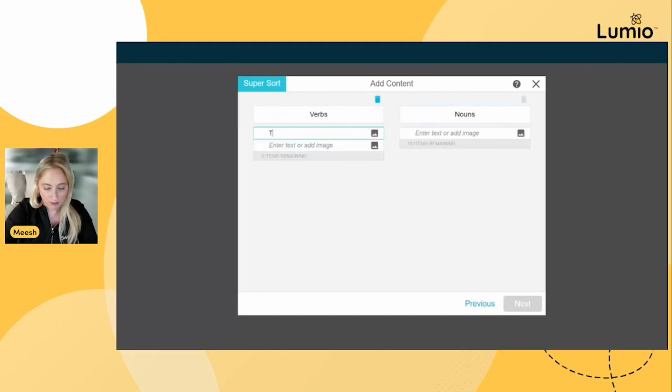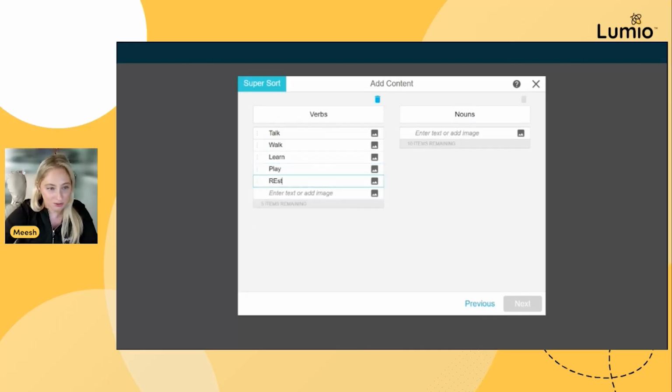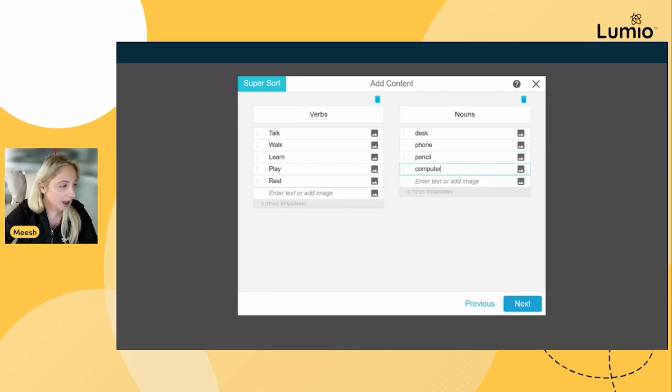So some verbs, I can talk, walk, learn, play, and what I would love to do is rest. And then some nouns. Let's do desk, phone, pencil, and computer. You'll notice that I'm typing, but you'll also see at the end of each of these line